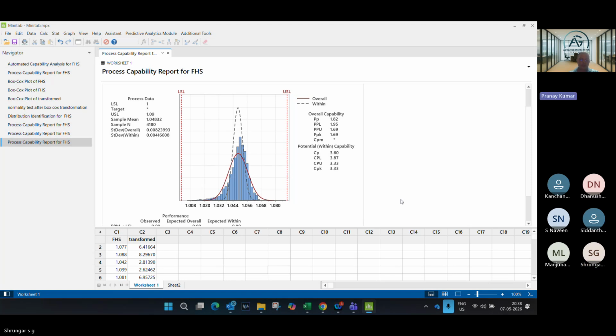Why will a customer agree to changing the specification? He will ask you to reduce your variation. Why will he agree? Sir, what is CPK? I know CPK, but, same thing. So CP, CPK, PP, PPK: CP and CPK are short term, PP and PPK are long term. Can you please elaborate that, sir? Data collected over a period of time.